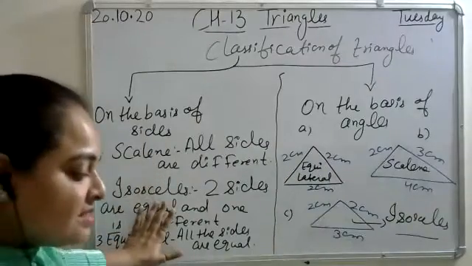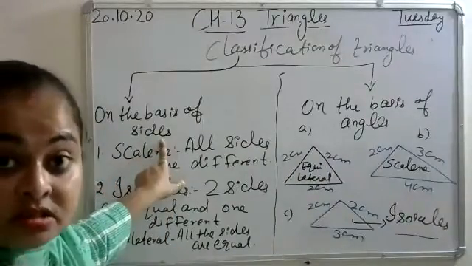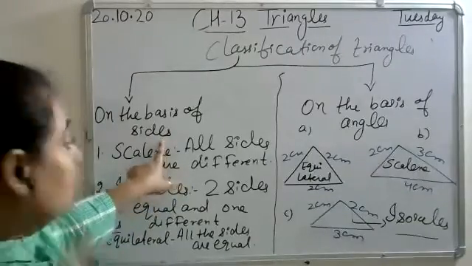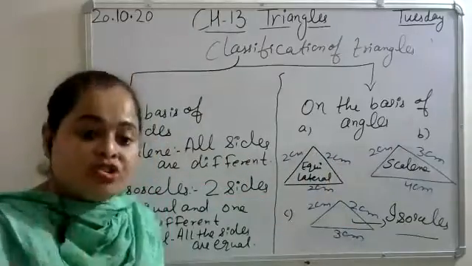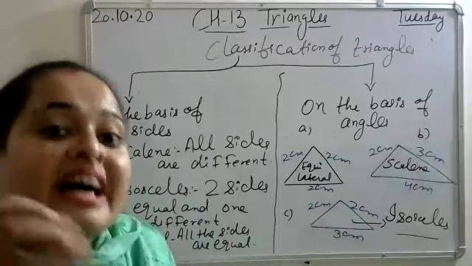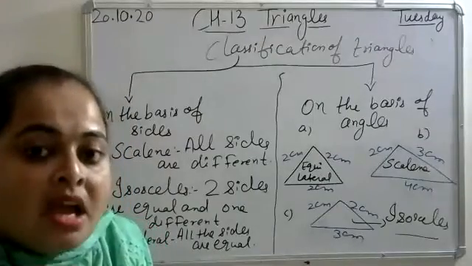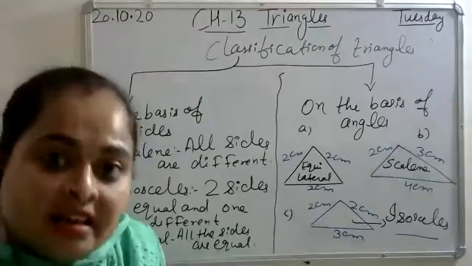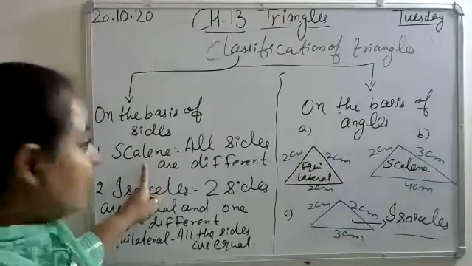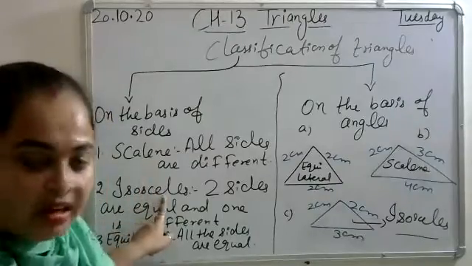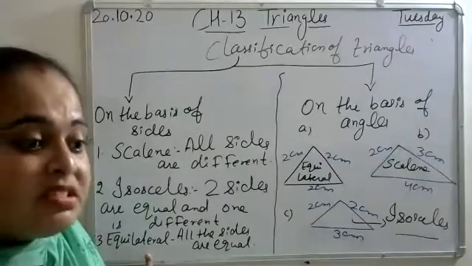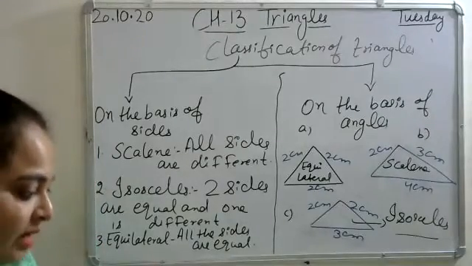So this is the classification on the basis of sides. I am talking about only sides. Keep in your mind. If my question is, write the name of triangles on the basis of sides, then you will write scalene triangle, isosceles triangle, and equilateral triangle. So this is the classification on the basis of sides. Okay. Now next is